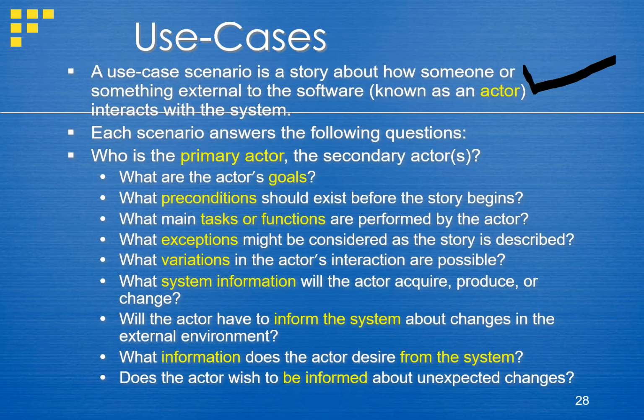Each scenario answers the following questions, like who is the primary actor and secondary actor. Now this actor is a person who is going to initiate the dialogue or interaction with the system. So when you are going to draw this use case diagram, you will see one vertical rectangle which is called the subject boundary or system boundary. Now the actors which we draw to the left hand side of that subject boundary, these left hand side actors are called primary actors